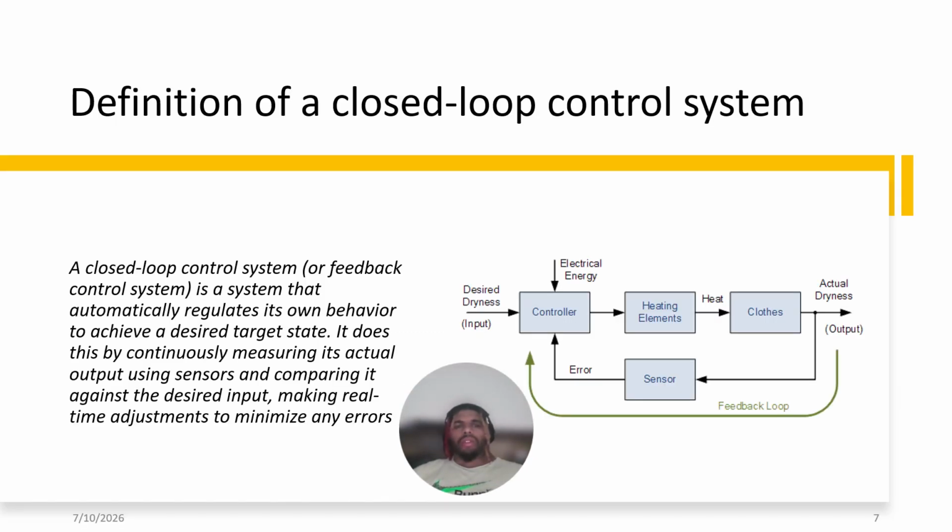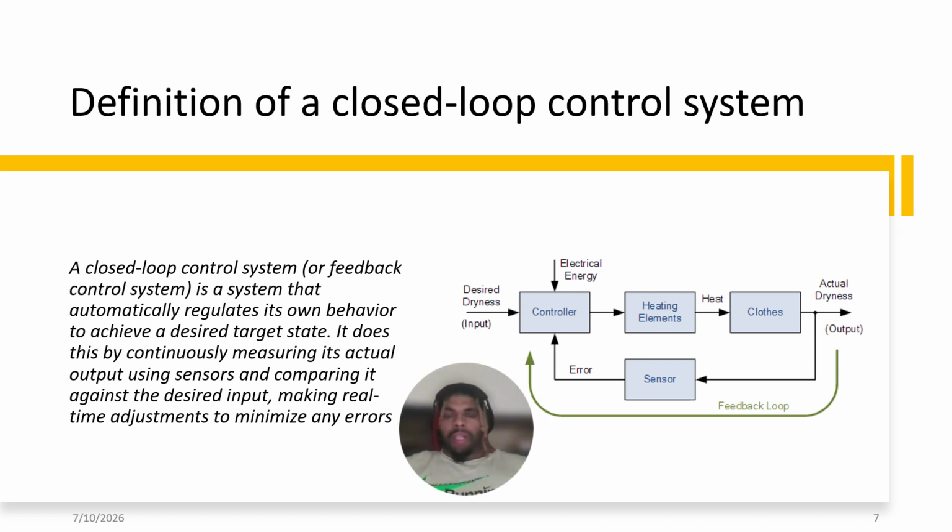A closed loop control system, or a feedback control system, is a system that automatically regulates its own behavior to achieve a desired target state. It does this by continuously measuring its actual output using sensors and comparing it against the desired input, making real-time adjustments to minimize any errors. Right here, I have an example of